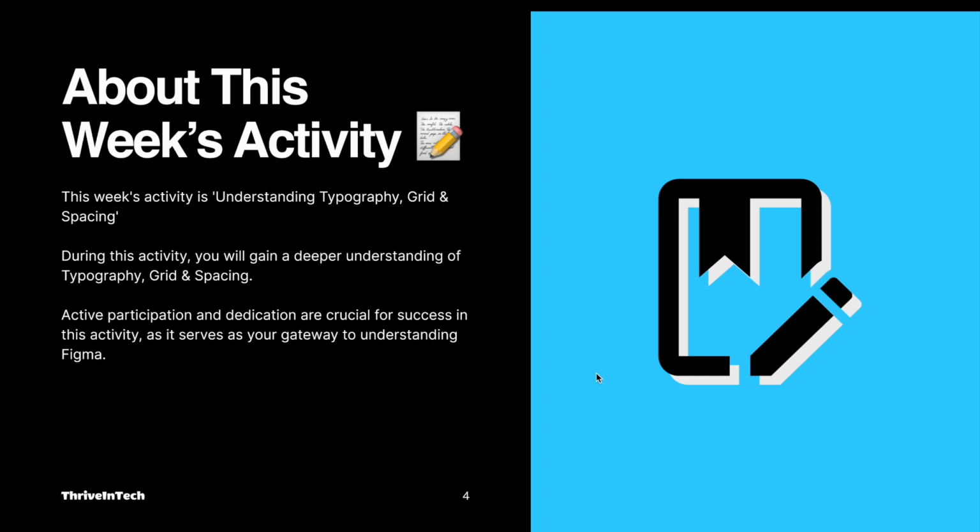Getting to know about grid includes the margin, right? What should you set as margin for your web? What should you set as margin for your mobile? The grid system: are you going to be using a 4-point grid system? Are you going to be using an 8-point? All of these things, you need to understand. Another thing is spacing. Spacing and grid go hand in hand, and even with typography, they go hand in hand, because when you're